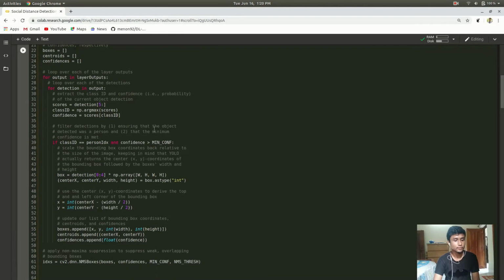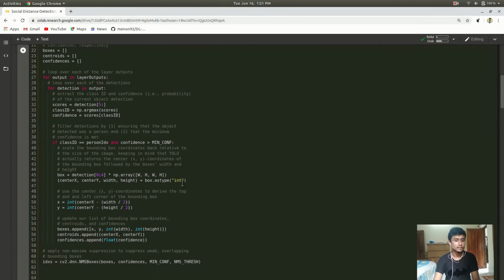Now if class ID is equal to person ID and confidence is greater than minimum confidence, we detect the boxes. We take the detection array and multiply it by these coordinates for scaling.